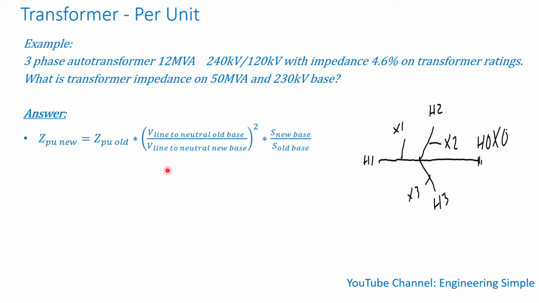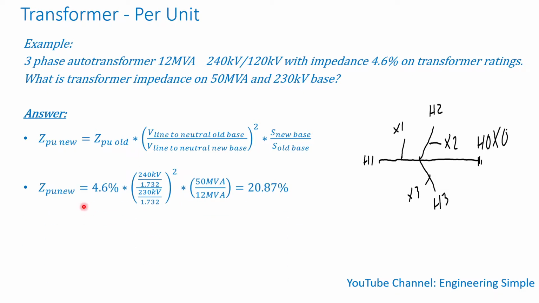So from a previous video, we have this formula on how to calculate the per unit impedance on a new base, provided that it's given in an old base. And I would recommend watching previous videos on per unit, because they go extensively on how to calculate the per unit on a new base. So I'm just gonna replace